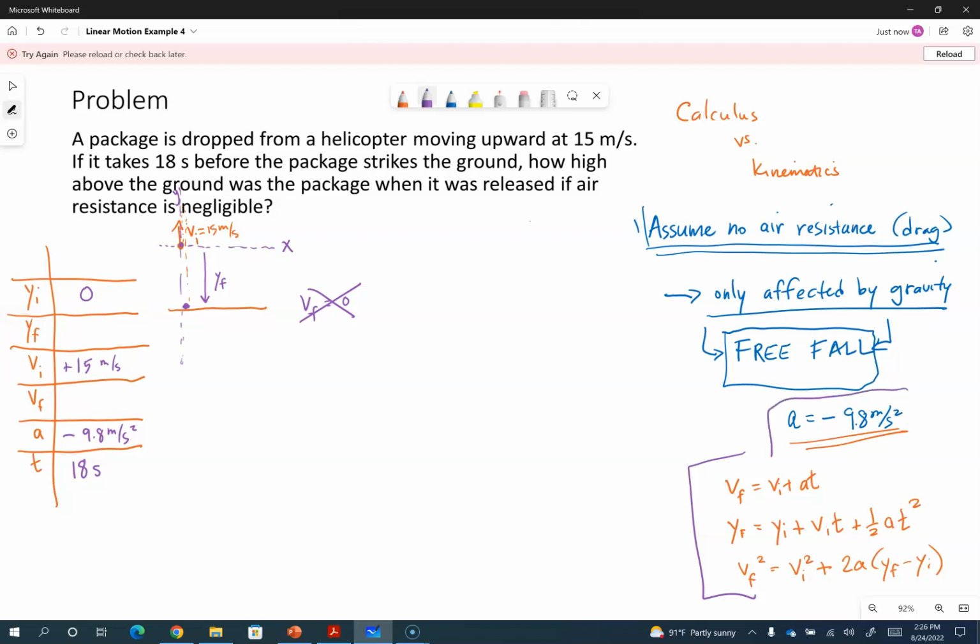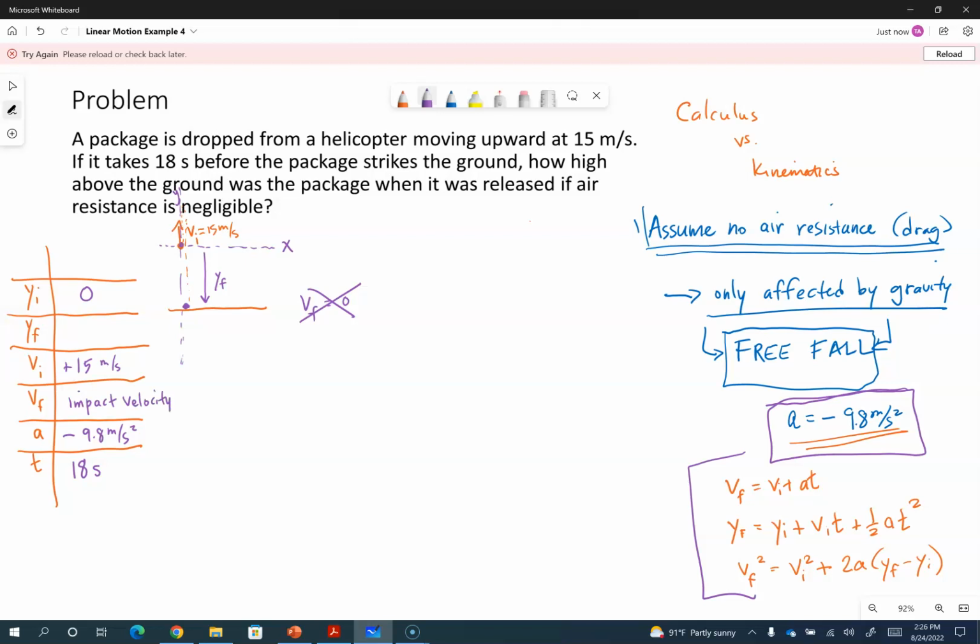While the package is moving through the, well, we're pretending we don't have air, but through the air, the acceleration is constant. But as soon as the package comes into contact with the ground, it actually has a new, different acceleration. That acceleration is from the ground pushing upwards, causing it to slow down and stop. So v final, in problems that involve just gravity, just free fall, we call this the impact velocity,